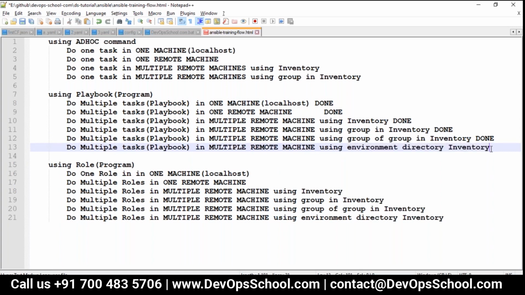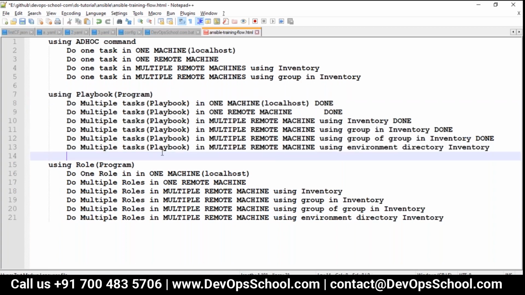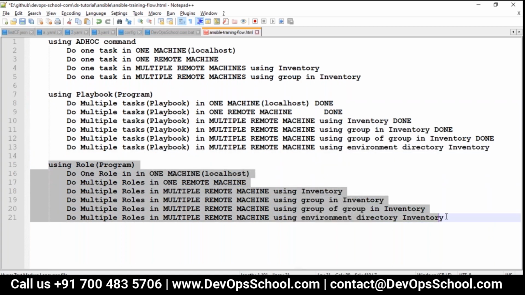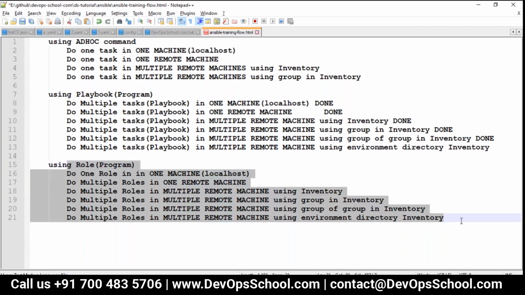So slowly we'll learn more about scripting. But once the scripting becomes complicated, then we'll have to do something else. What? Role. Okay, role. So what is a role? We'll discuss a little bit, but on the third day we will get into this.